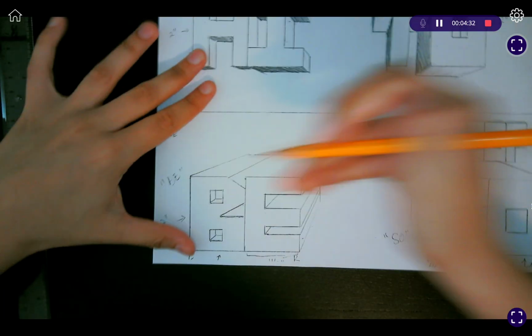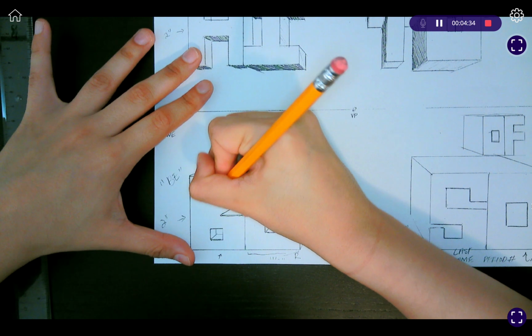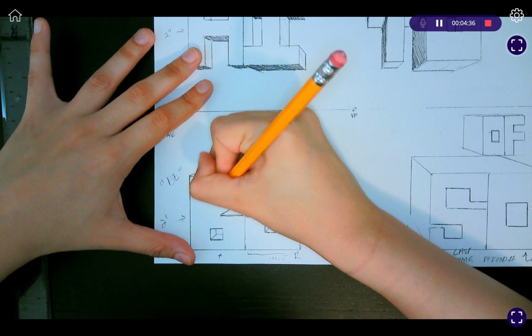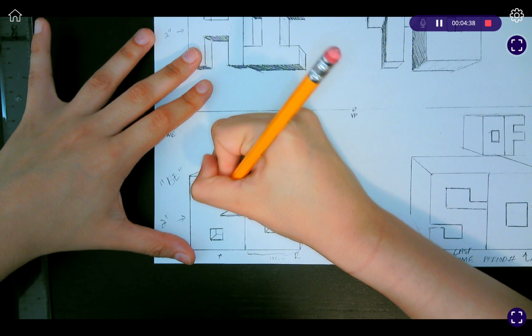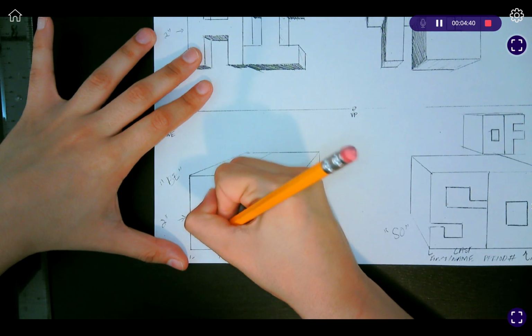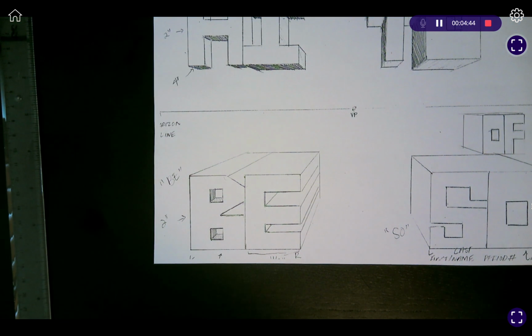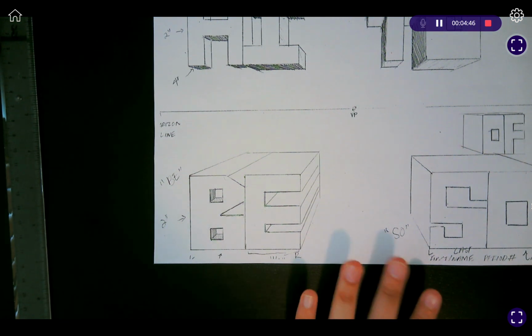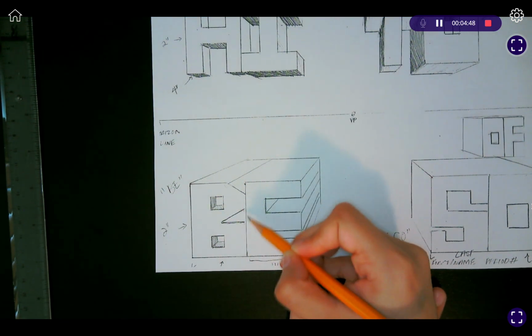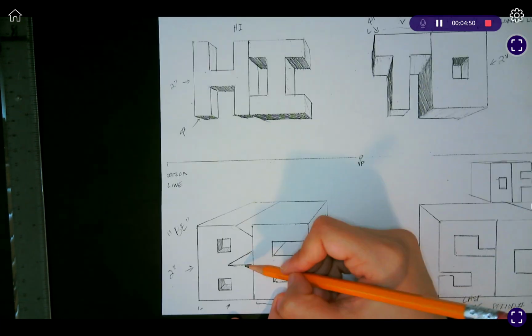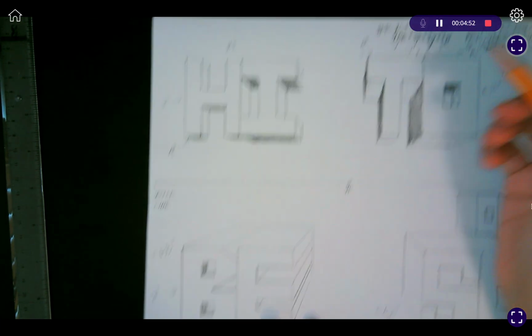And so now we're seeing this side here and this side here. And we're seeing this side here and this side here, okay? But that's not the end of it. We actually also should be seeing a side here. And so vertical line, we wouldn't add a vertical, it would be the wrong direction. So we skip the vertical, horizontal, there's a